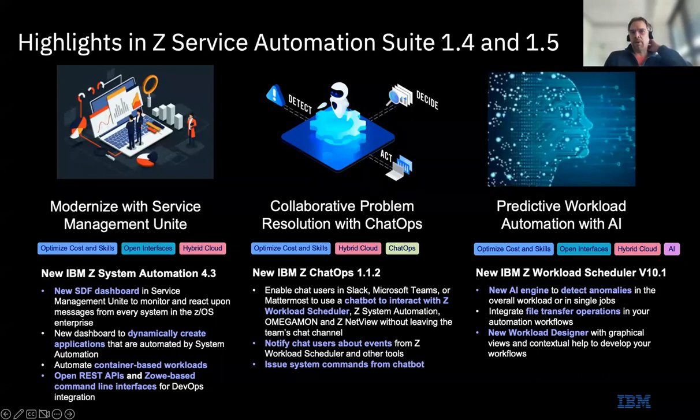Now let's look at some of the main highlights that we have delivered in the C-Service Automation Suite 1.4 and 1.5. That was in the course of last year that we delivered these two new releases. And just to point out at this high level, what are some core focus areas that we have delivered is